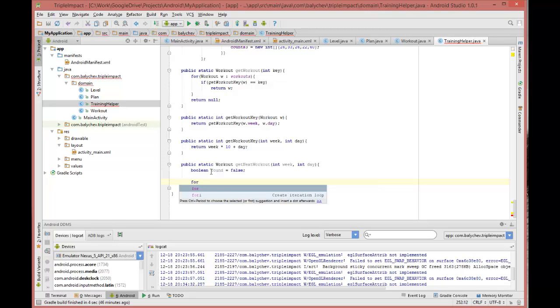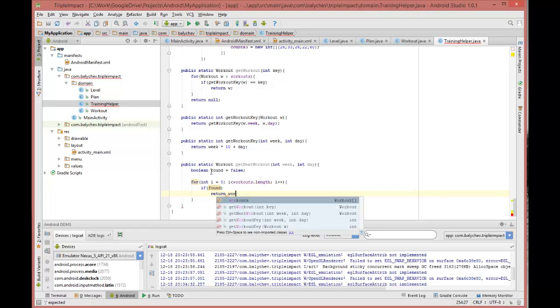Then let's write a for loop and say for e from 0 and e less than workouts length, and here we'll write if found, return workouts e,